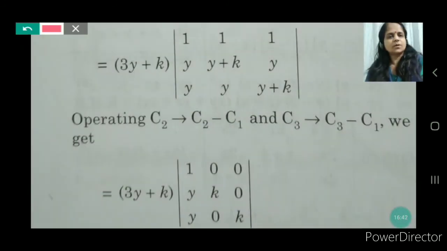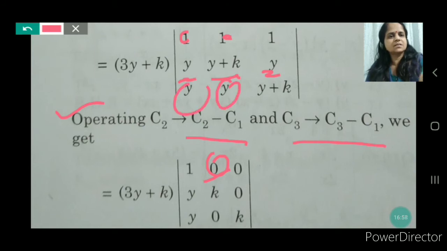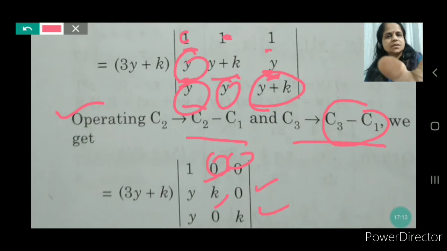And now operating C2 minus C1 and C3 minus C1. Okay, so here it's 1 minus 1, you will get 0. y plus k minus y, okay, it is k. Now here y minus y, it's also 0. Okay, now C3 minus C1, so 1 minus 1, it's 0. y minus y, it's also 0. Here y plus k minus y, so it's k. Okay,